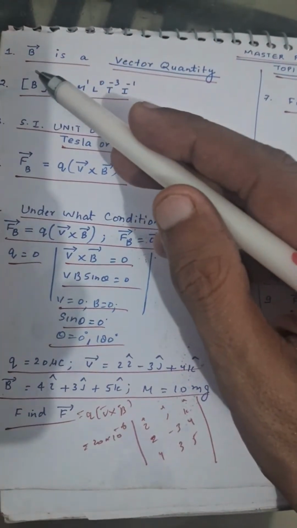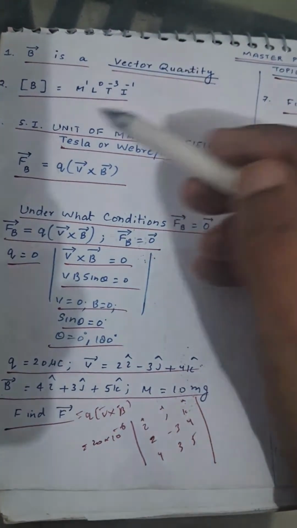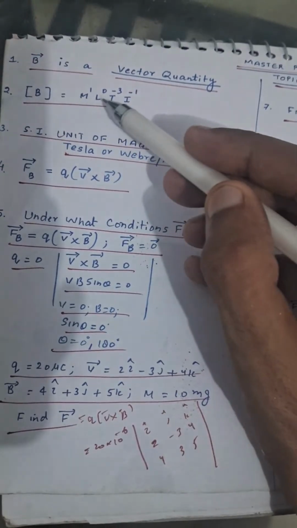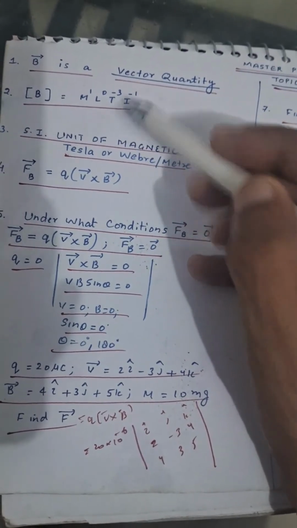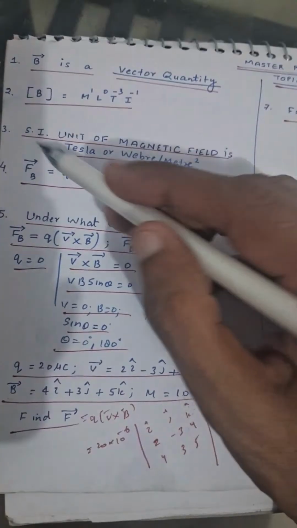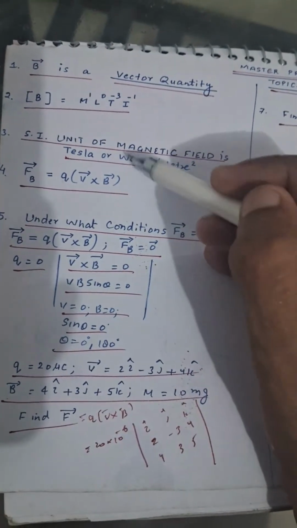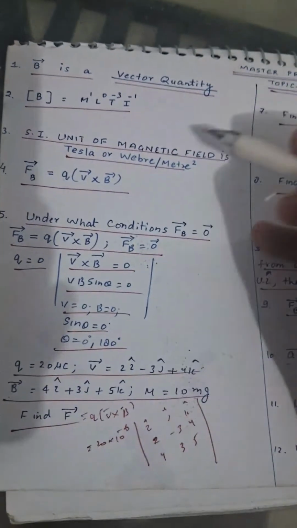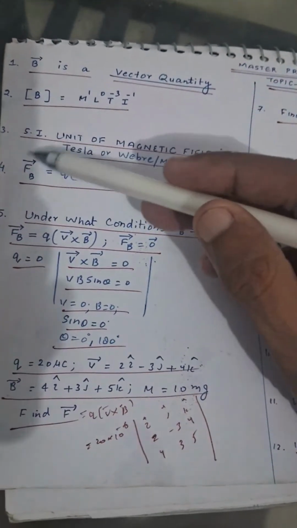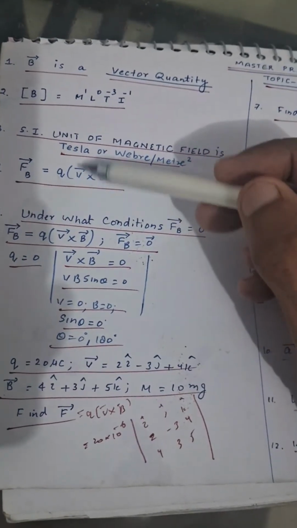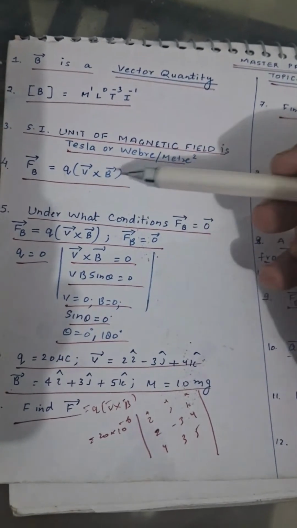So, the first point is magnetic field is a vector quantity. Second point is dimension of magnetic field is M¹ L⁰ T⁻² I⁻¹. Third is SI unit of magnetic field is Tesla, and it is also called Weber per meter square. Fourth point is magnetic force is given by Q into V cross B, where Q is the charge, V is velocity, and B is the magnetic field